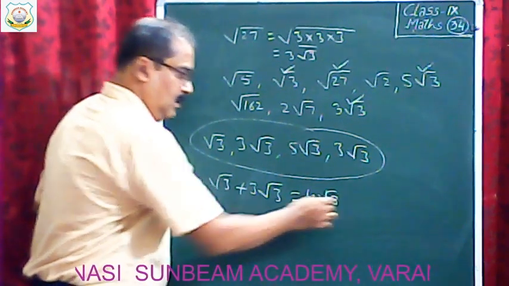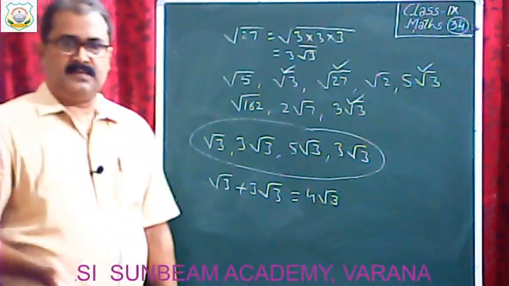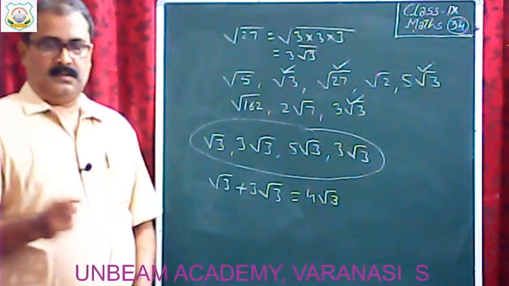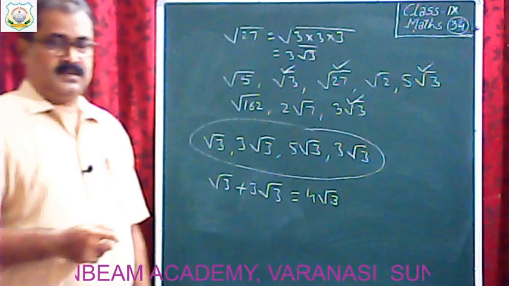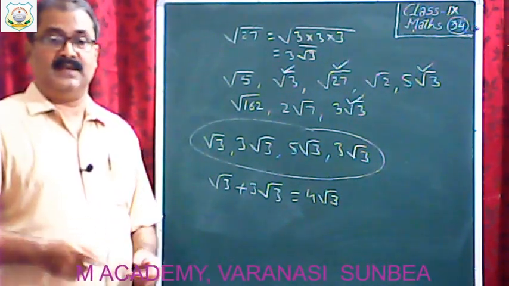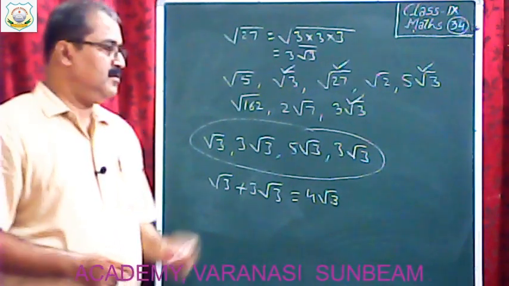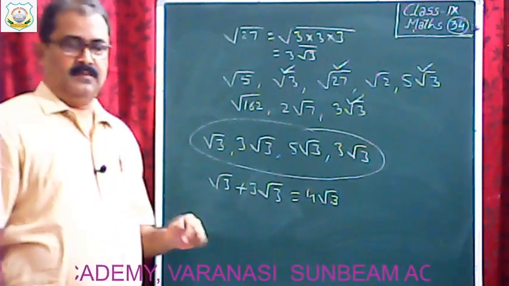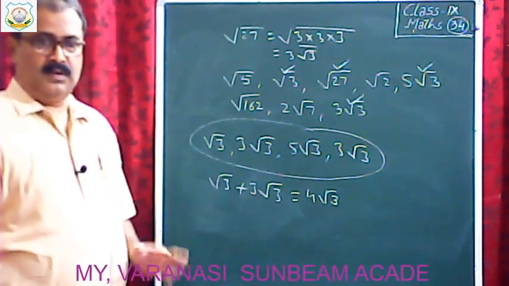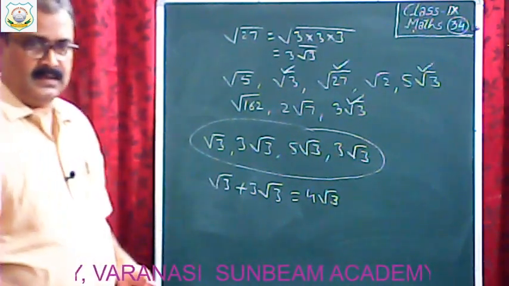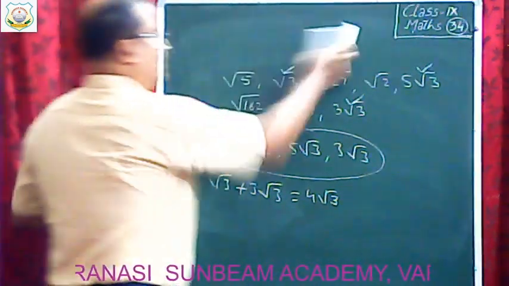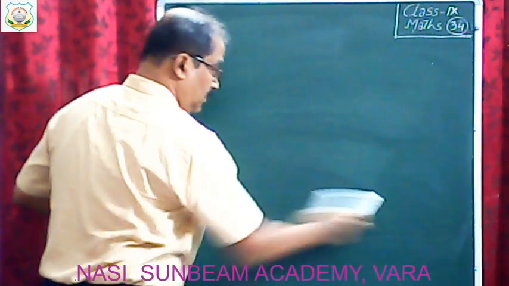Okay. In algebra, you have done like terms, unlike terms. Similarly, here also you have to check the like numbers and then only you can add or subtract. In algebra also, you add and subtract the like terms only. Similarly, in case of real numbers, you have to check the numbers like or not. If like, then you can add or subtract the like numbers. Clear?